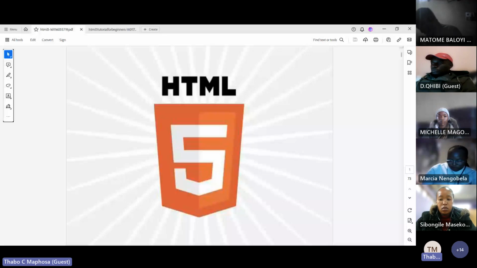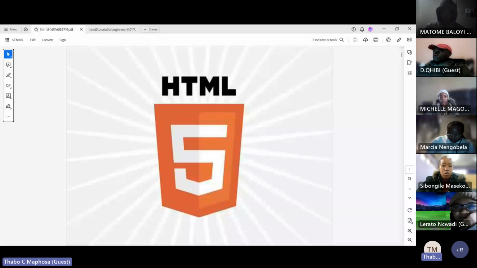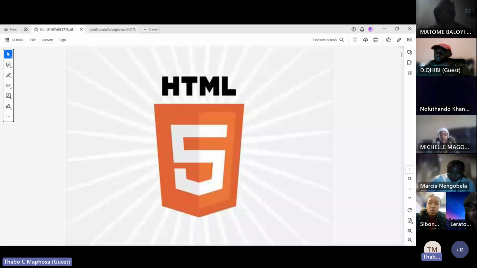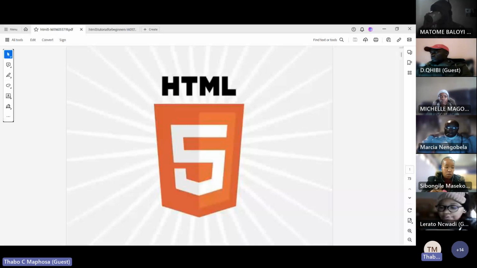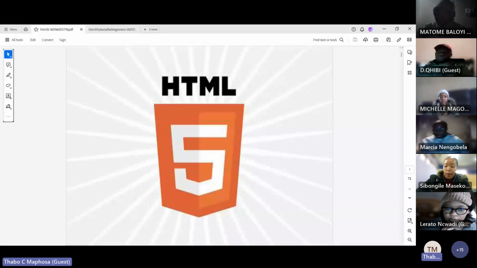So I was saying that we want to introduce HTML, which is the first language that we'll be doing amongst the other languages. So HTML is the first one. Then from HTML, CSS, then from CSS, JavaScript, of which JavaScript is basically a full-blown programming language. Because right now, even if you go and check, JavaScript will come up at the very top. And then there's SQL. Those are the ones that will come up at the top there.